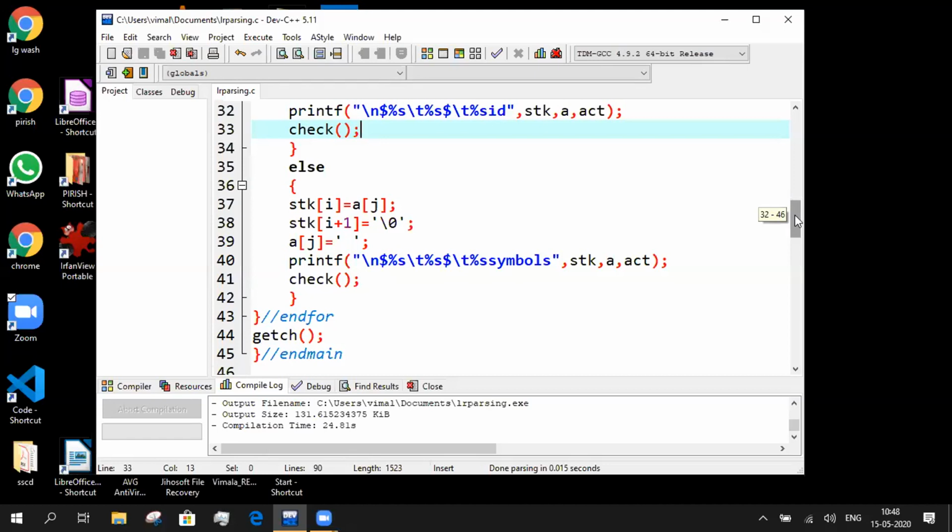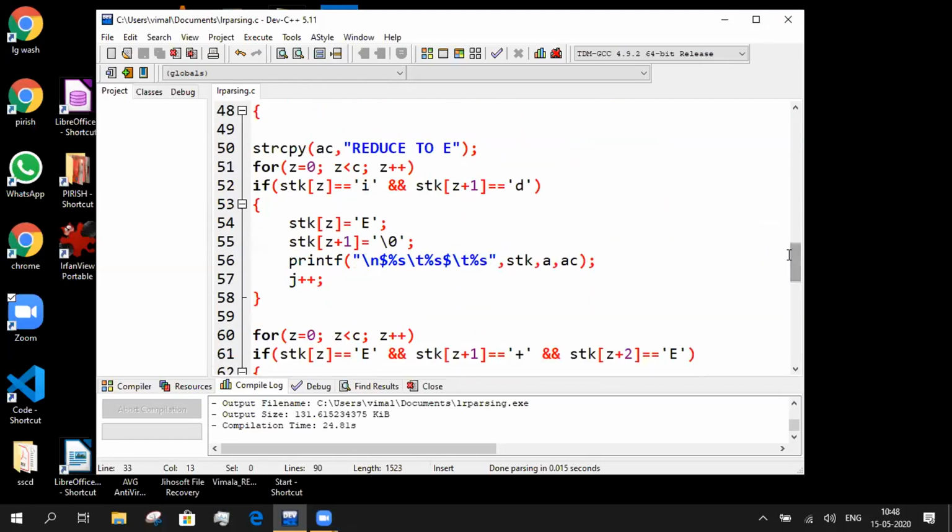But when you call the check function, it reads the stack by using the loop, and only if the condition is satisfied does the reduction take place. If ID is there in the stack, it is reduced to E. If the stack contains E plus E, then it is reduced to E. I hope you have understood this program. It's a very simple program.